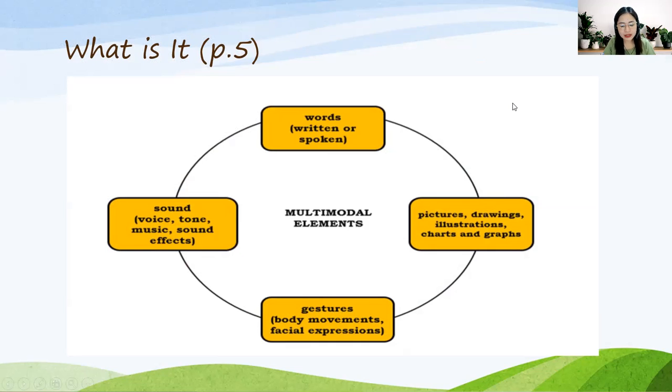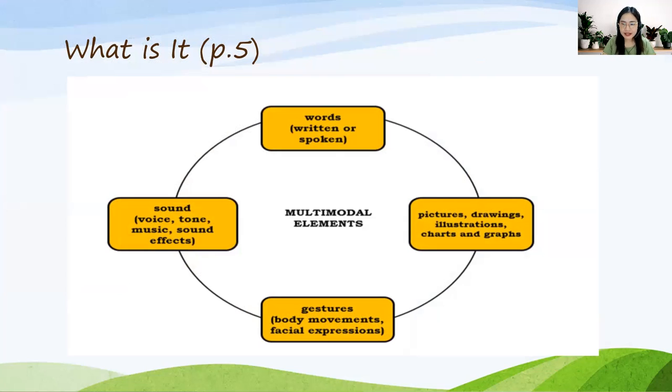Therefore, a multimodal text is a text which combines more than one multimodal element or mode of communication in expressing an idea. Again, a multimodal text is a text, an essay, pwedeng a sentence, pwedeng a paragraph, basta meron pa siyang ibang nahalong element. Like a picture, a graph, a comic strip, and the likes.